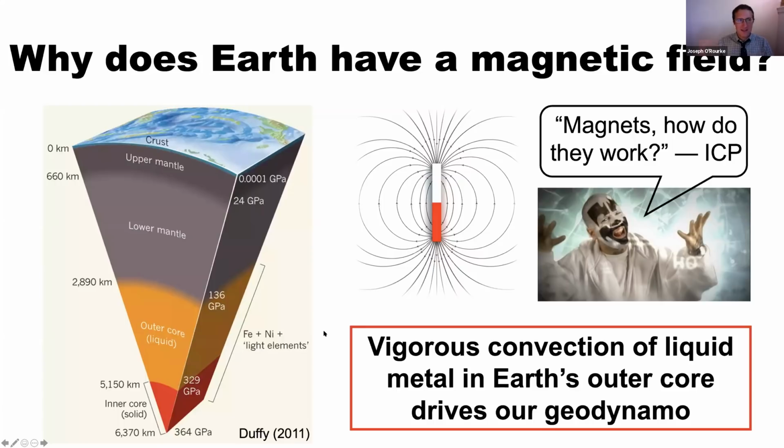So the reason that Venus doesn't have a magnetic field is because it does not have this convecting ocean of liquid iron that Earth has. Now, we think that Venus has the ocean of liquid iron, but it must be that this ocean of liquid iron is not convecting. And that could occur because Venus is cooling down just a little bit slower than Earth is, like I've been saying. It turns out if you run the models, the rate required to drive convection in the core is sort of close to the rate at which we think Earth is cooling down. So if Venus is cooling just a little slower than Earth, there's no convection, no magnetic field in the core.